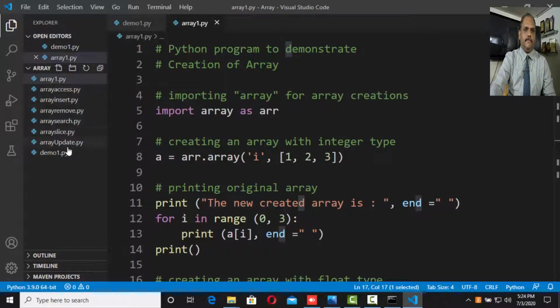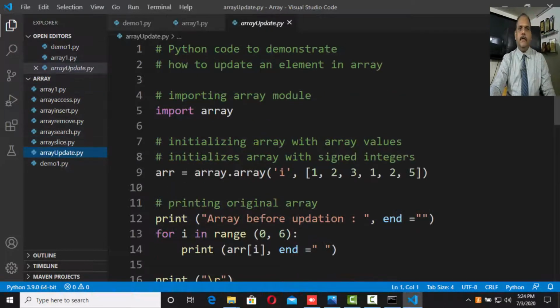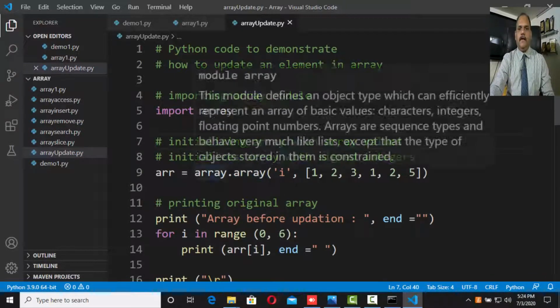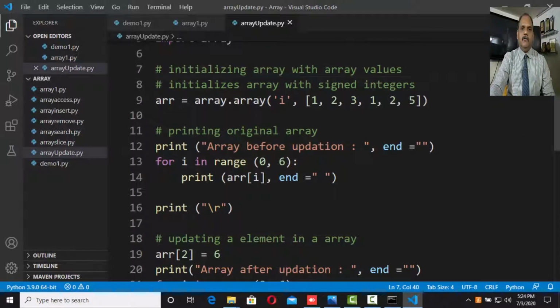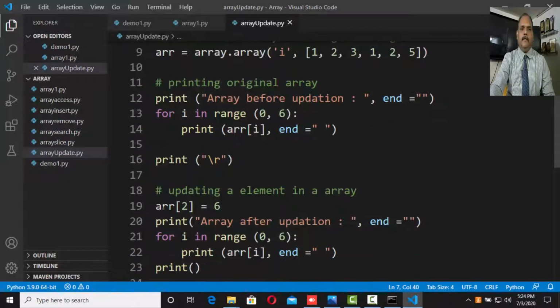Okay, now let us discuss array update, the different techniques for dealing with arrays. So import array as arr, array.array, and here we have a collection of integer type of data. Now, array before updation: this is a normal array, and if you print it, it will print 1 2